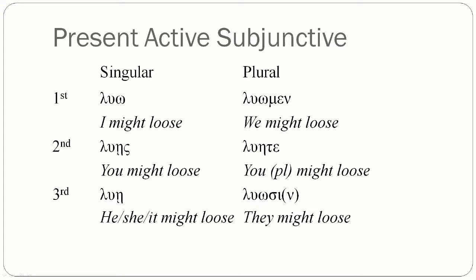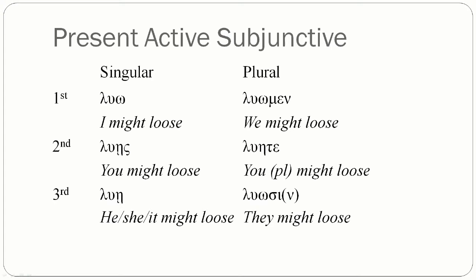And then third person singular, lue. Again, taken from the indicative, the ending is epsilon iota, so the epsilon lengthens to the eta, and then you put the iota in the subscript, lue. Okay, that gives you he, she, or it might loose. A note on this form here, the third person singular of the present active subjunctive, be careful with this one, because if you go back to chapter 12, that ending there, an eta with an iota subscript, is identical to the second person singular present middle